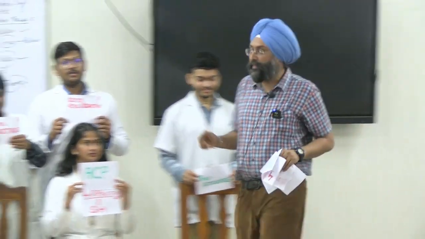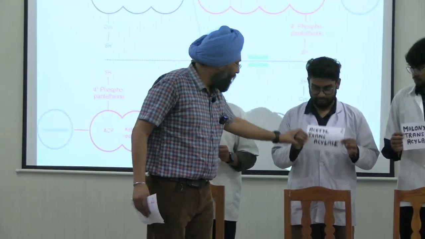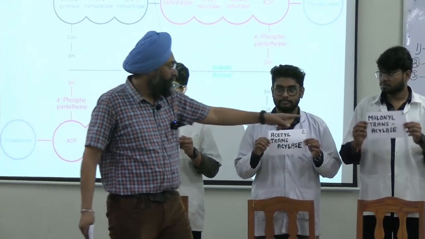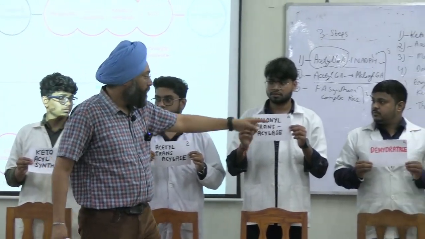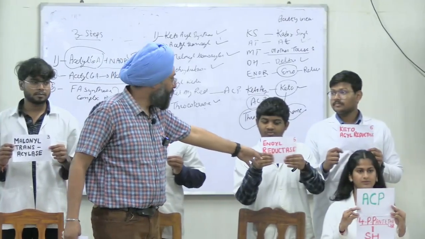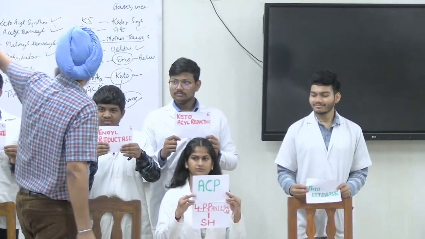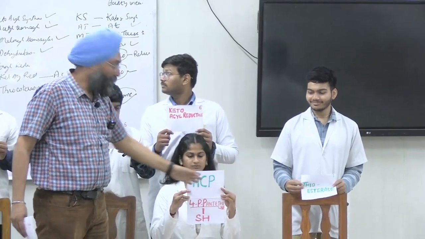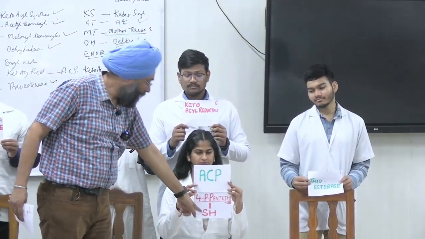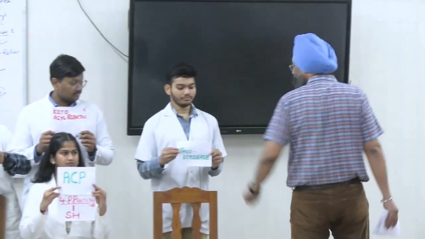I started from the first enzyme, that is our ketosyl synthetase. Show them clearly. Acetyl transacylase, malonyl transacylase. Then fourth is dehydratase, fifth is enol reductase, then ketosyl reductase. Then comes acyl carrier protein. See the diagram. Anushka, I am showing you separately. And it is attached to 4-phosphopantetheine and sulfhydryl group. Next, the 7th enzyme is thioesterase. Clear to all of you?